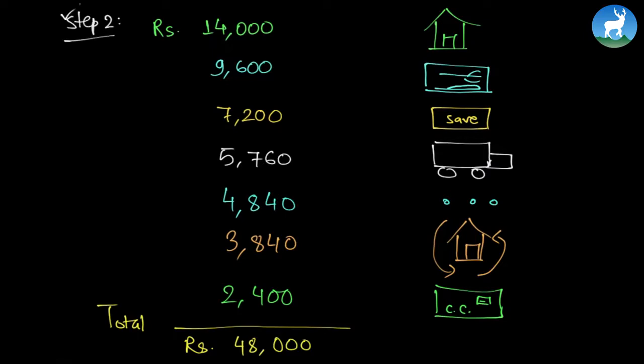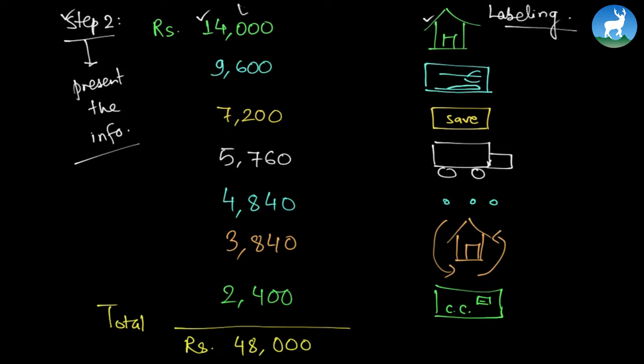Step number 1 is all about gathering information, but step number 2 is about presenting them in a proper way. So you present the information, right? That should be only one piece of information in a single line. You can label them or draw things like this. This is what we call labeling, and this column is what we call the expenses or the necessary information. So just by looking at it, we can find out that 14,000 is gone to house, 9,600 is gone to your restaurant's bill, 7,200 is what you save in a month, 5,760 is gone to vehicle, and likewise